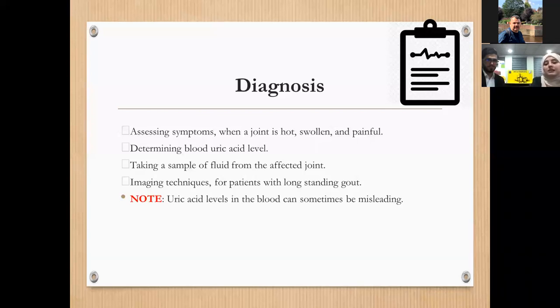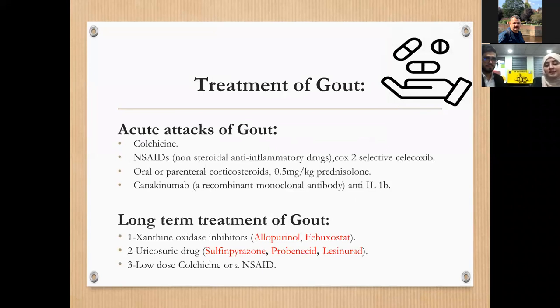The uric acid level may be normal, but the patient is gouty because there is no attack, no trauma, no condition that elicits the inflammatory condition to raise the uric acid. We can treat the gout.